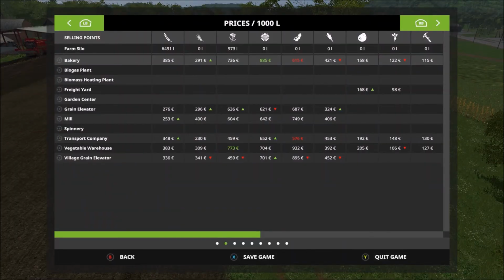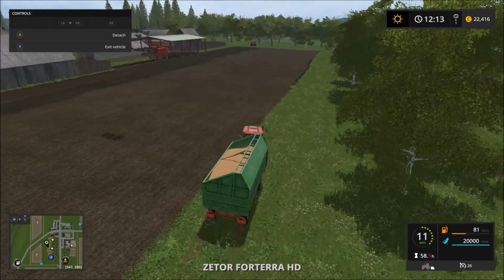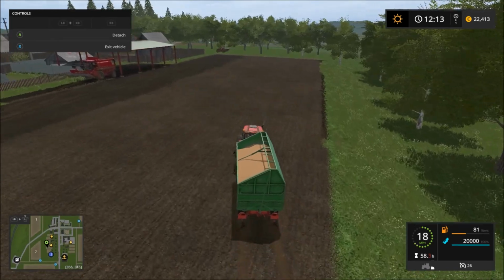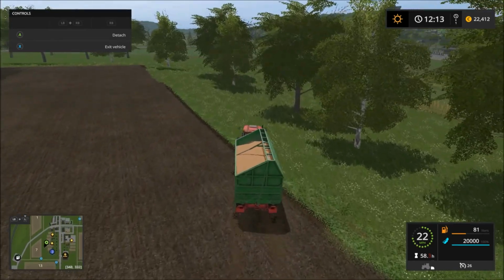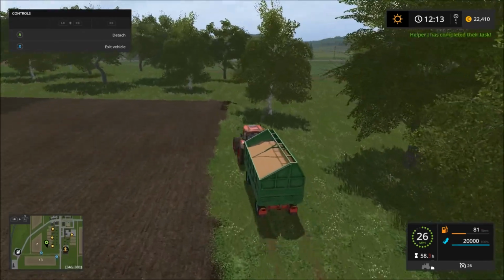Right, we looked at the prices. Where are we? The soy price has come down a little bit. It was over 1,000 at the village grain elevator when we looked about an hour ago, but we're still going to get 932 at the good old reliable vegetable warehouse. So that is where we shall drop this load off. Come back and get a little bit more. I think there's about 2,000-3,000 left in the